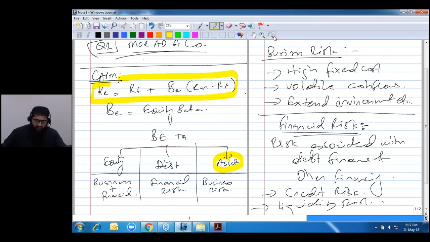Now, what exactly is an equity beta? Equity beta is a beta that reflects both the business plus the financial risk. So, generally speaking, equity beta, debt beta, and asset beta are connected to each other. Now, the next thing,